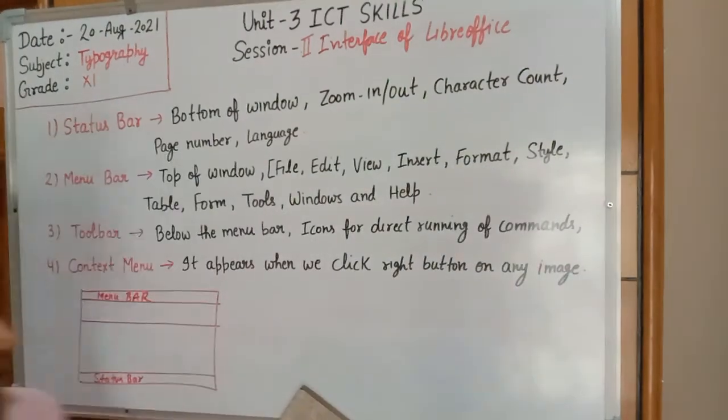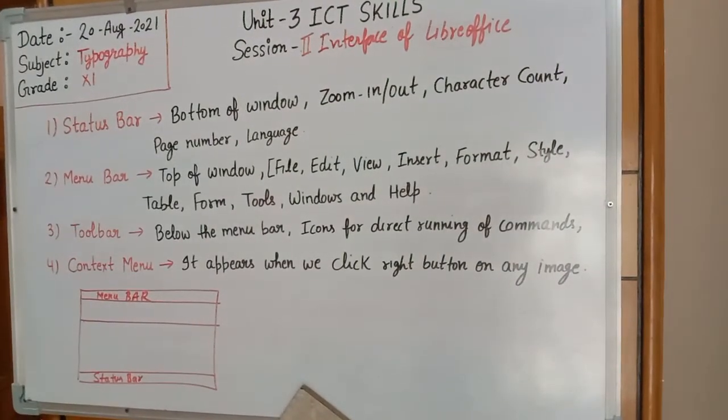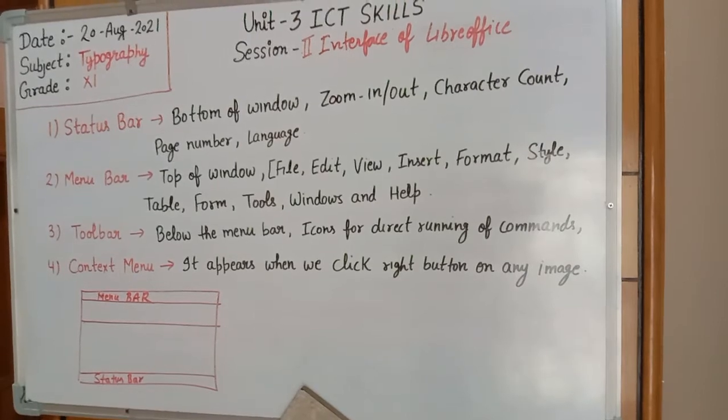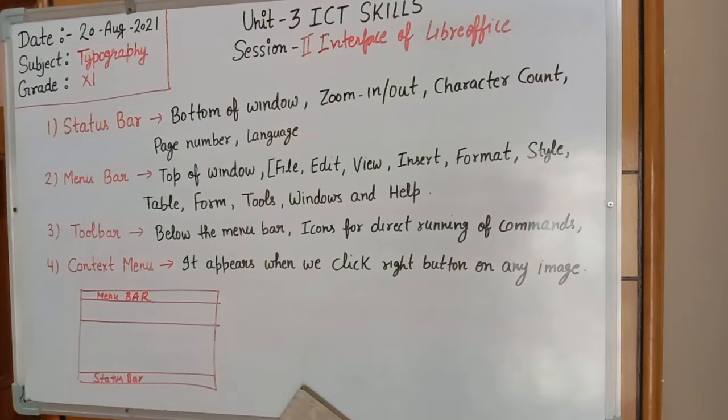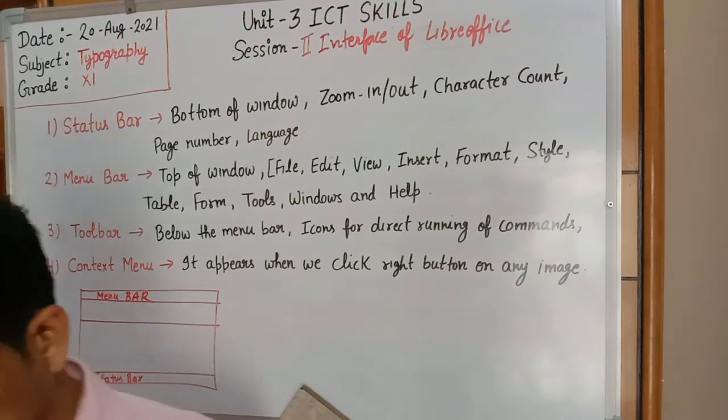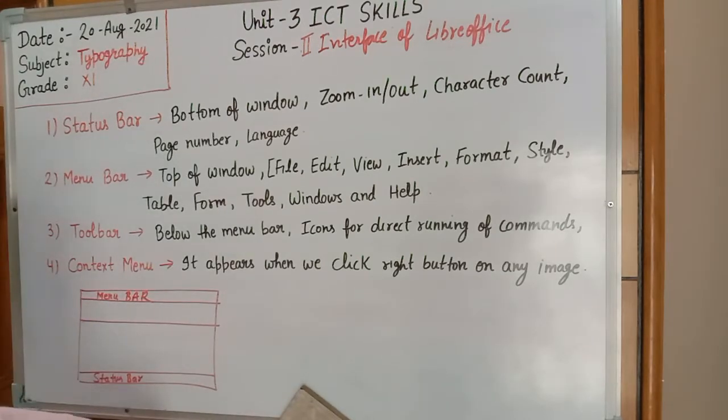So we will discuss what is the use of file menu. File will help to open a new file, save a file, to print a file. So options under the file menu are new, open, close, save, and print. The edit menu contains the commands which are used for editing a document, like cut, copy, paste, find, and replace. View command is used to zoom in or zoom out of your screen.